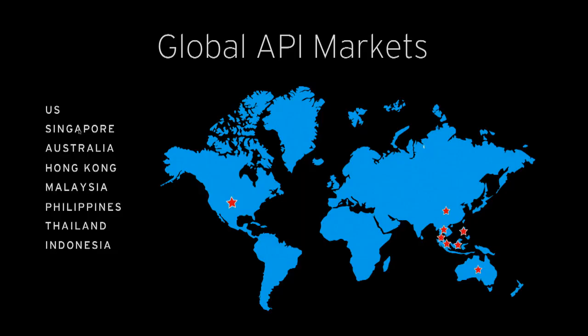Right now, our APIs are supported in 8 different countries. When we launched our developer hub back at the Singapore Fintech Fest in November, we were supported by 3 countries: Singapore, Australia, and the US. In the intervening months, we've added 5 more countries, and more are on the way. We're going to expand into Latin America later on in 2017.